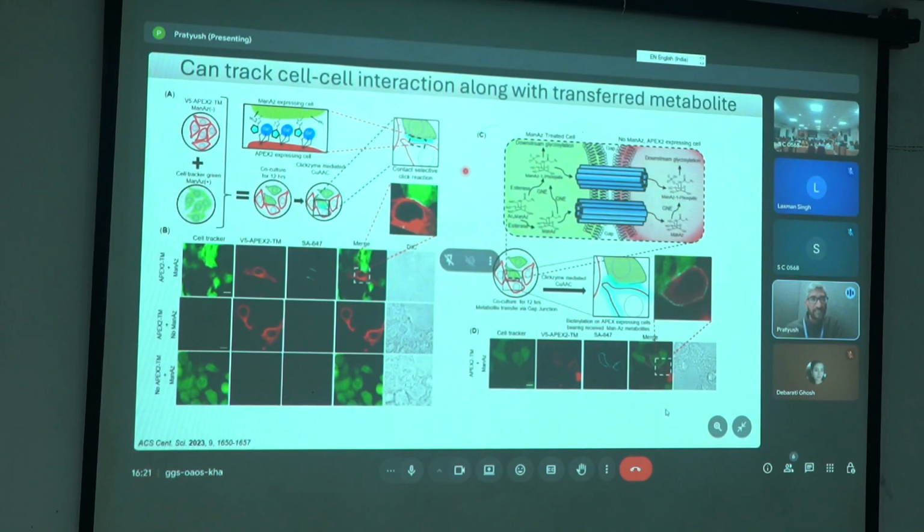We decided to explore cell surface system. So this was a bit complex system where we were expressing